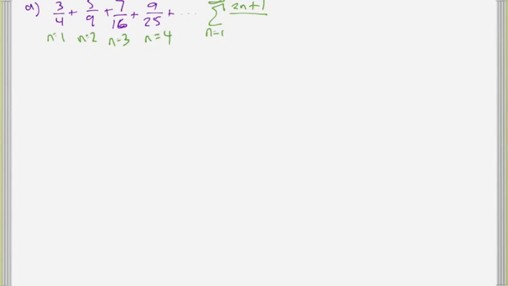The bottom, what do you notice about those bottom numbers? They are perfect squares. And they are the perfect square of 1 more than where they are in line. Okay. That's what you said. All right, so that is the series that we want to be able to tell if this thing converges or